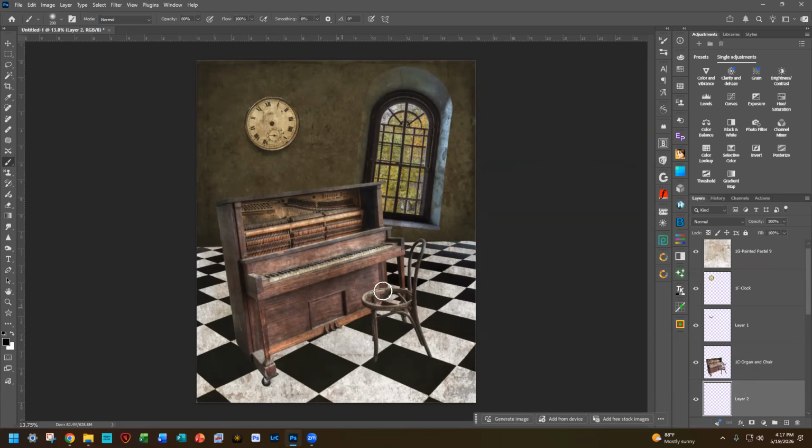I tried the drop shadow, and on this section it did not work. It did not give me the shadow I wanted from the chair. The organ sorta, but it didn't work. I even tried the layer cake stuff I had with the shadows, and it just was not giving me the shadow that I wanted. So we're going to do a little bit of shadow over here, which will probably be